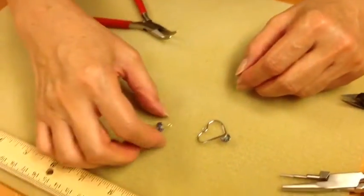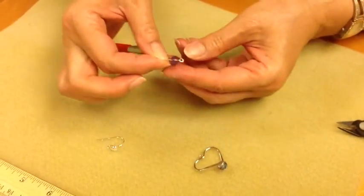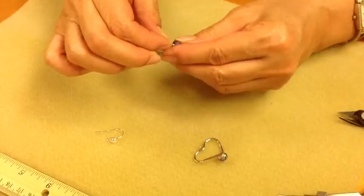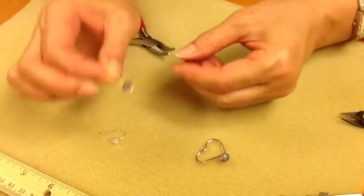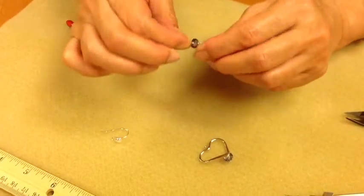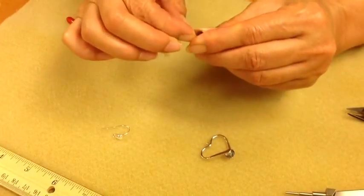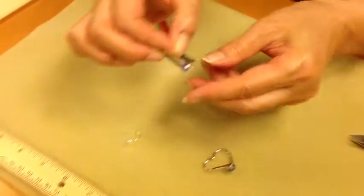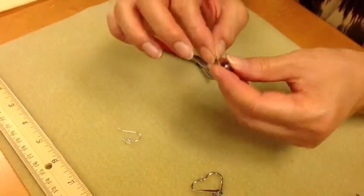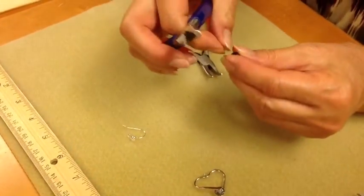Then I'm going to put another crystal on an eye pin to connect it to our ear wire. So the pin is going to go the opposite direction of the first eye. So I'm going to bend it flat against the crystal to start, and using my 3-step plier,